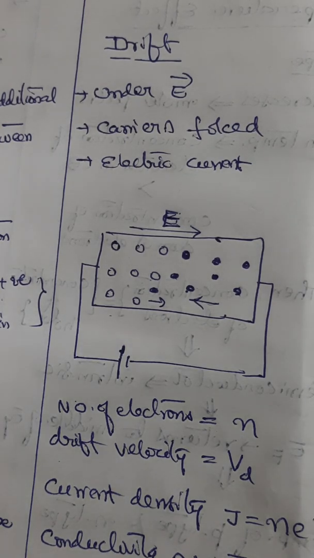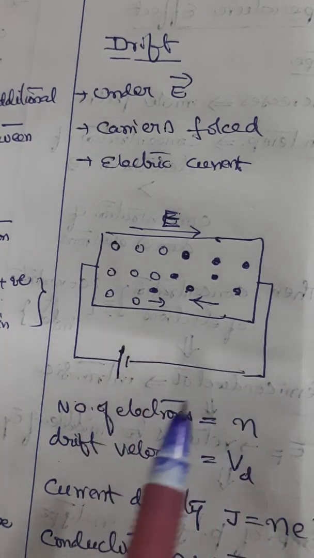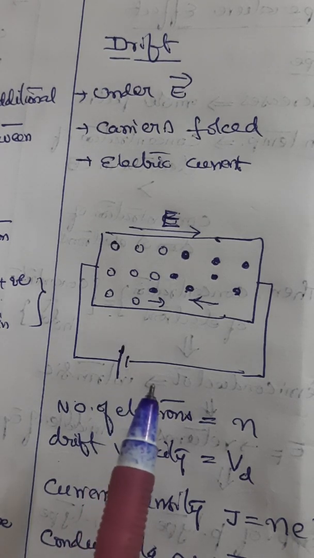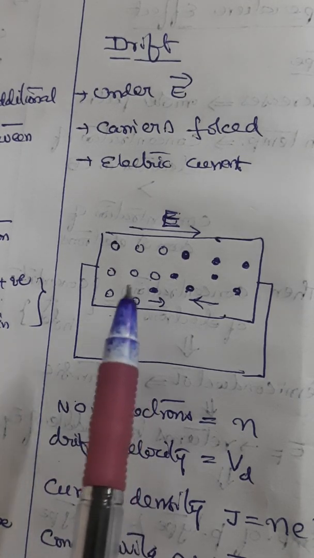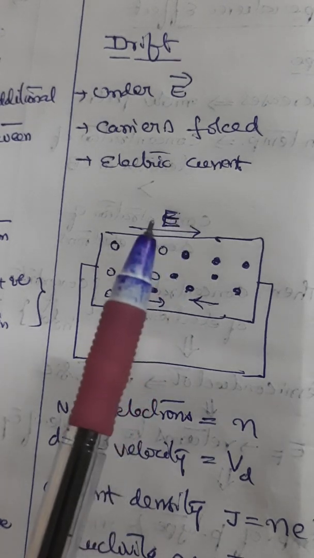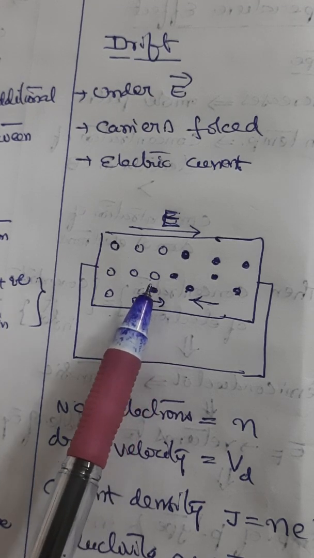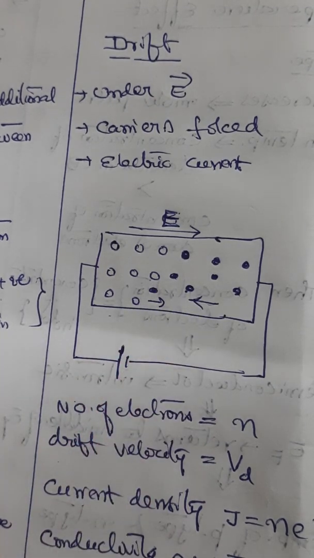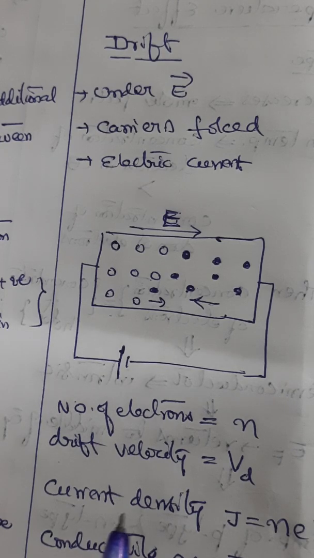So drifting, let us understand how the electrical conductivity takes place through drifting. Imagine that a specimen is given an additional potential with the help of a battery here. So this shows the charge carrier in a semiconductor. An electric field is created. Under the influence of an external electric field, the charge carriers are forced to move in a particular direction, constituting electric current, that is conductivity. This phenomenon is what is known as drift.